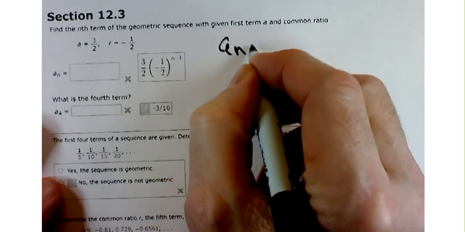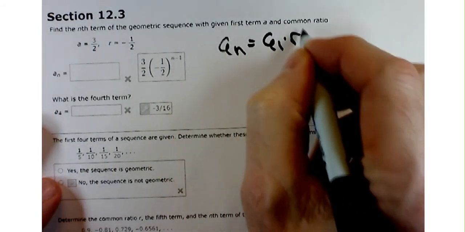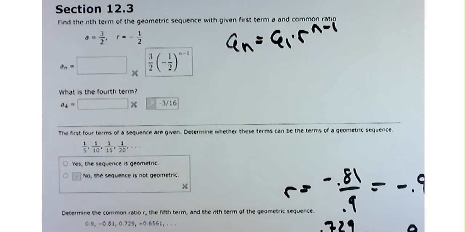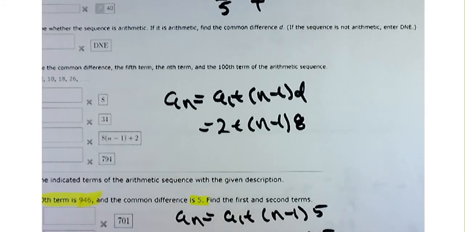12.3, another general formula that you should know. A sub n is a sub 1 times r to the n minus 1. That one gets used a lot. In fact, it might not be a bad thing to do to start off your test by writing down a few formulas,